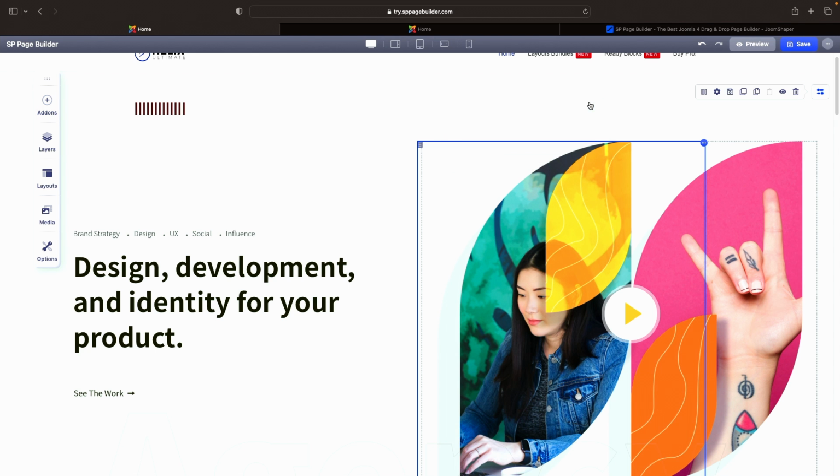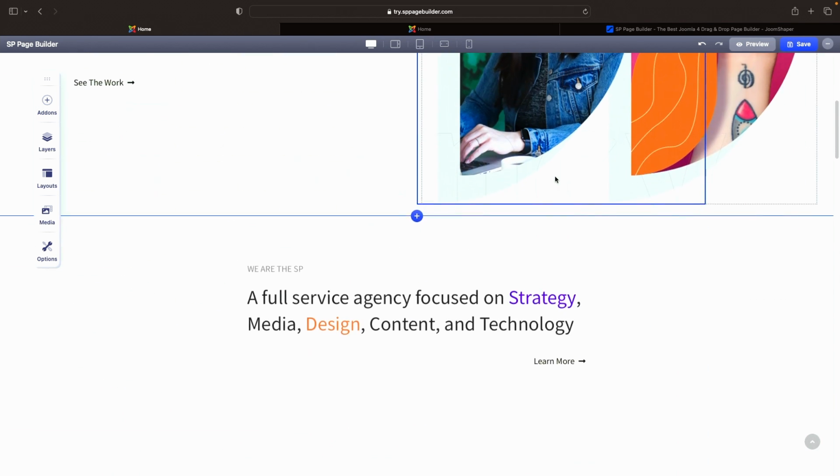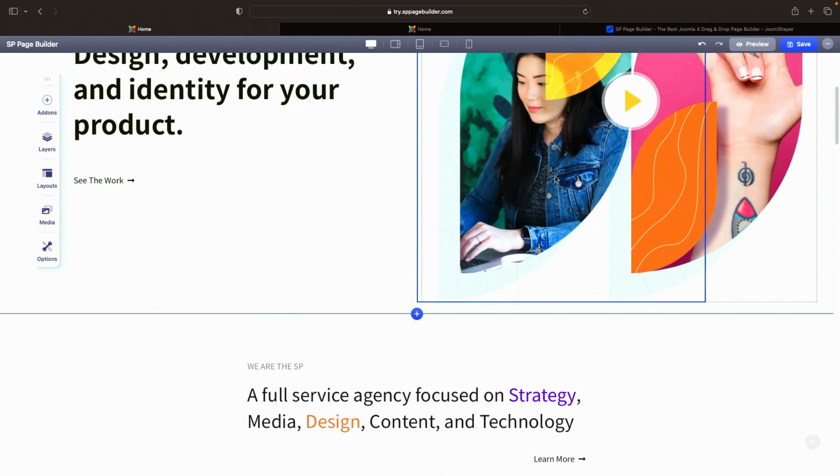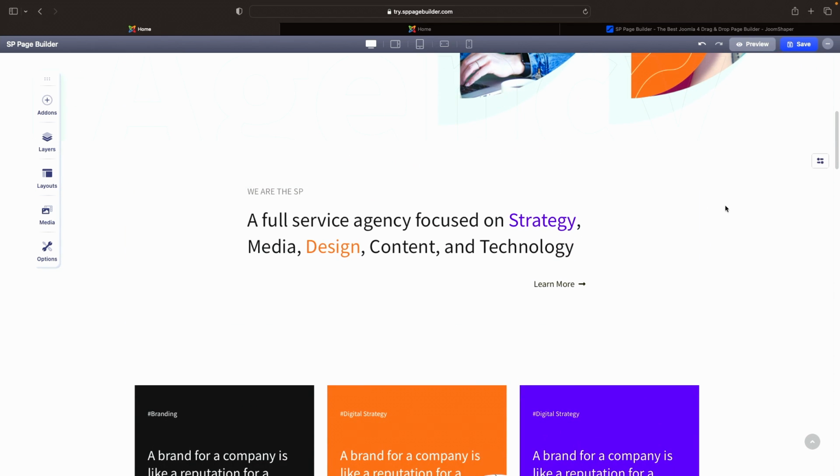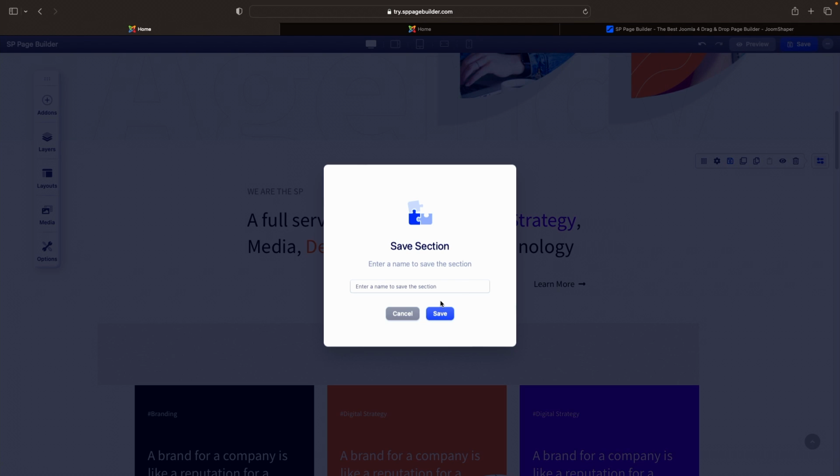So now let's go back. So that covers what I just showed you, regardless of what section of the page that you're on, when you click on this right here, you have this. You can also click on the save. When you click on save section, now when you save section, you do this when you design and use the